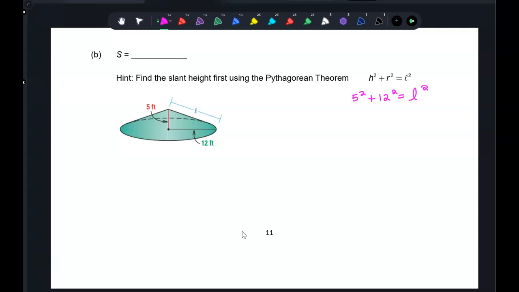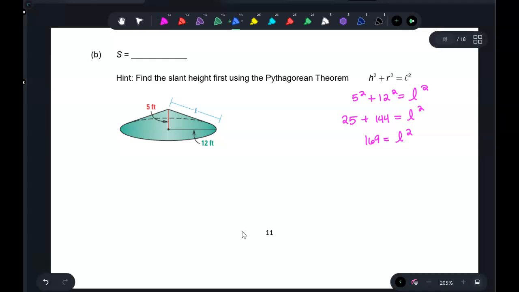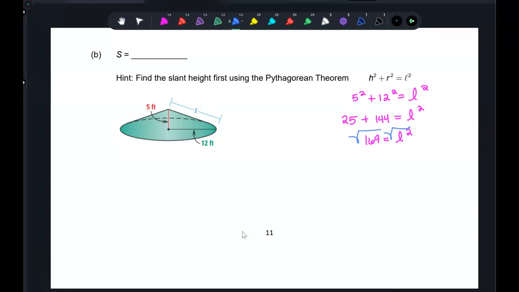Notice I previously had r squared plus h squared, but it doesn't matter the order, as long as you make sure L squared is on the other side. Yeah, 5 squared is 25. We did the same type of problem earlier. So when we take the square root,